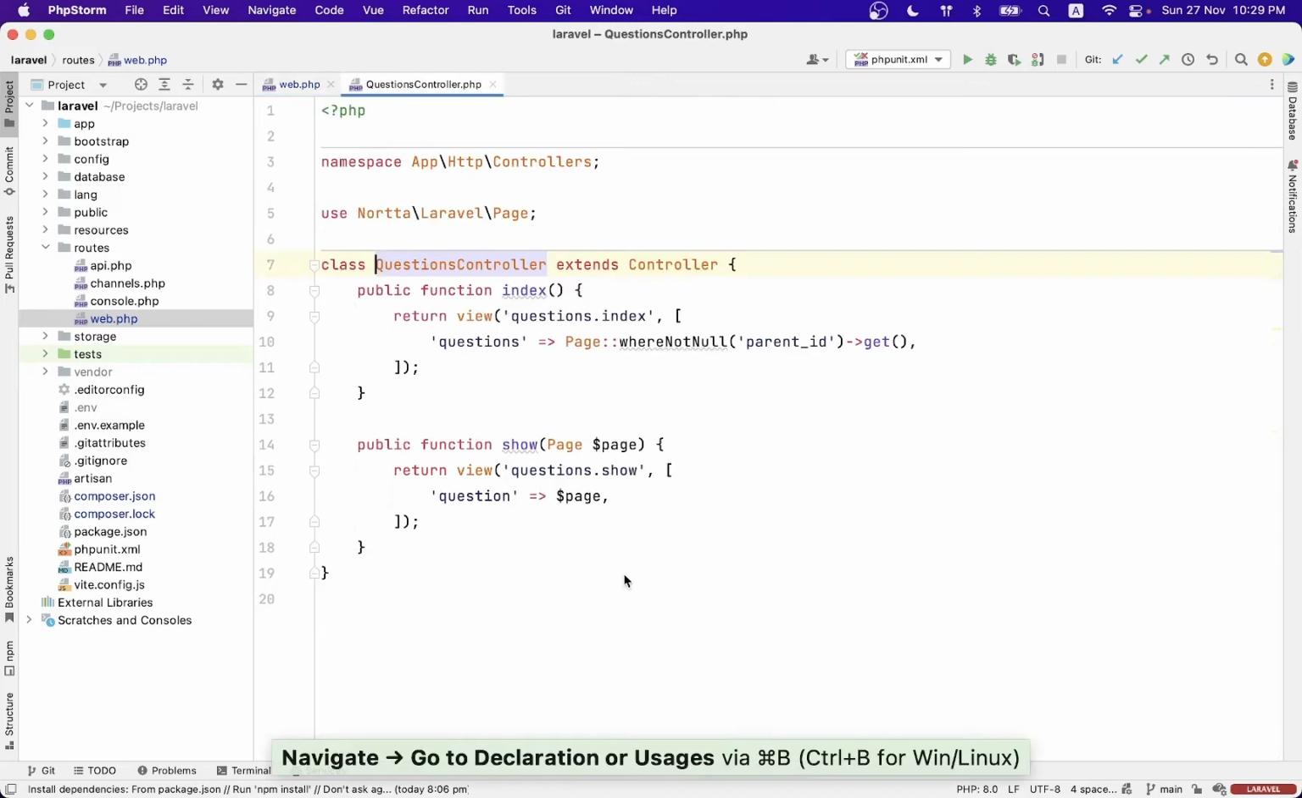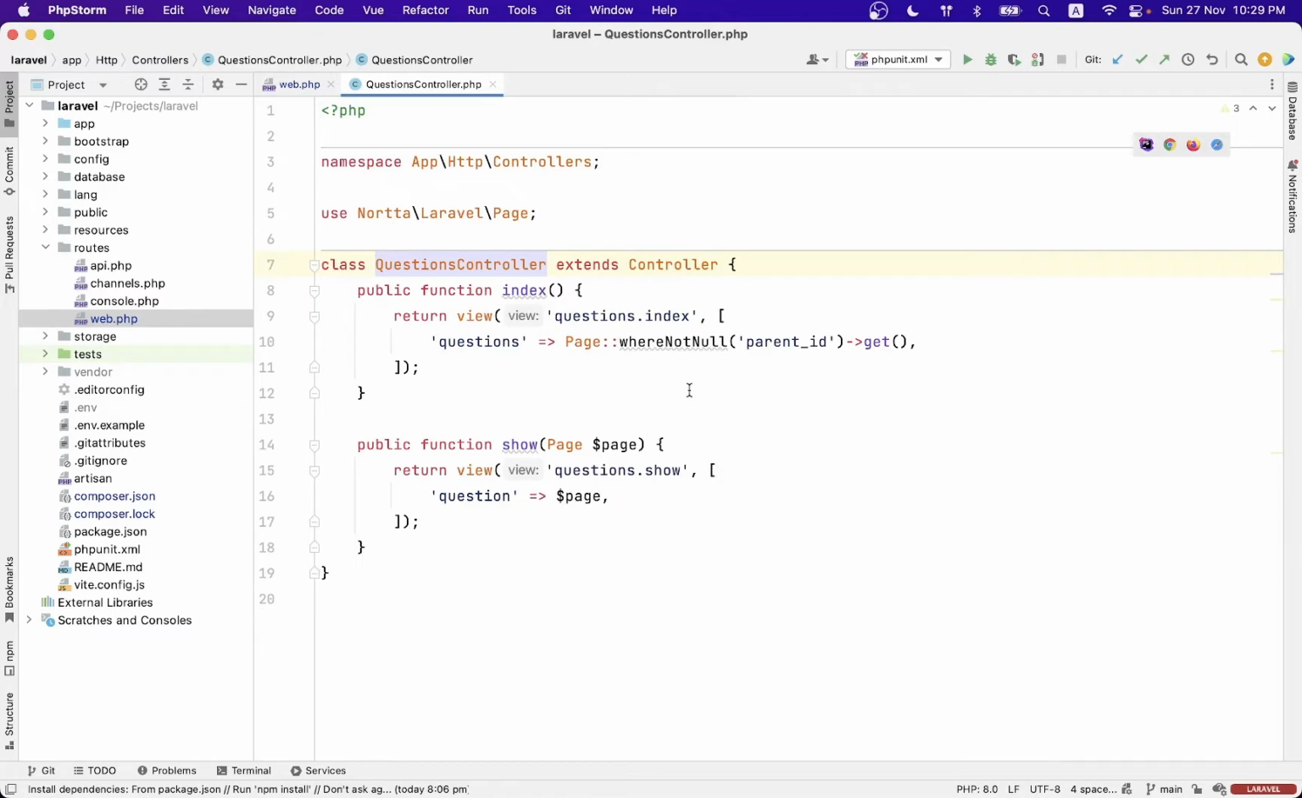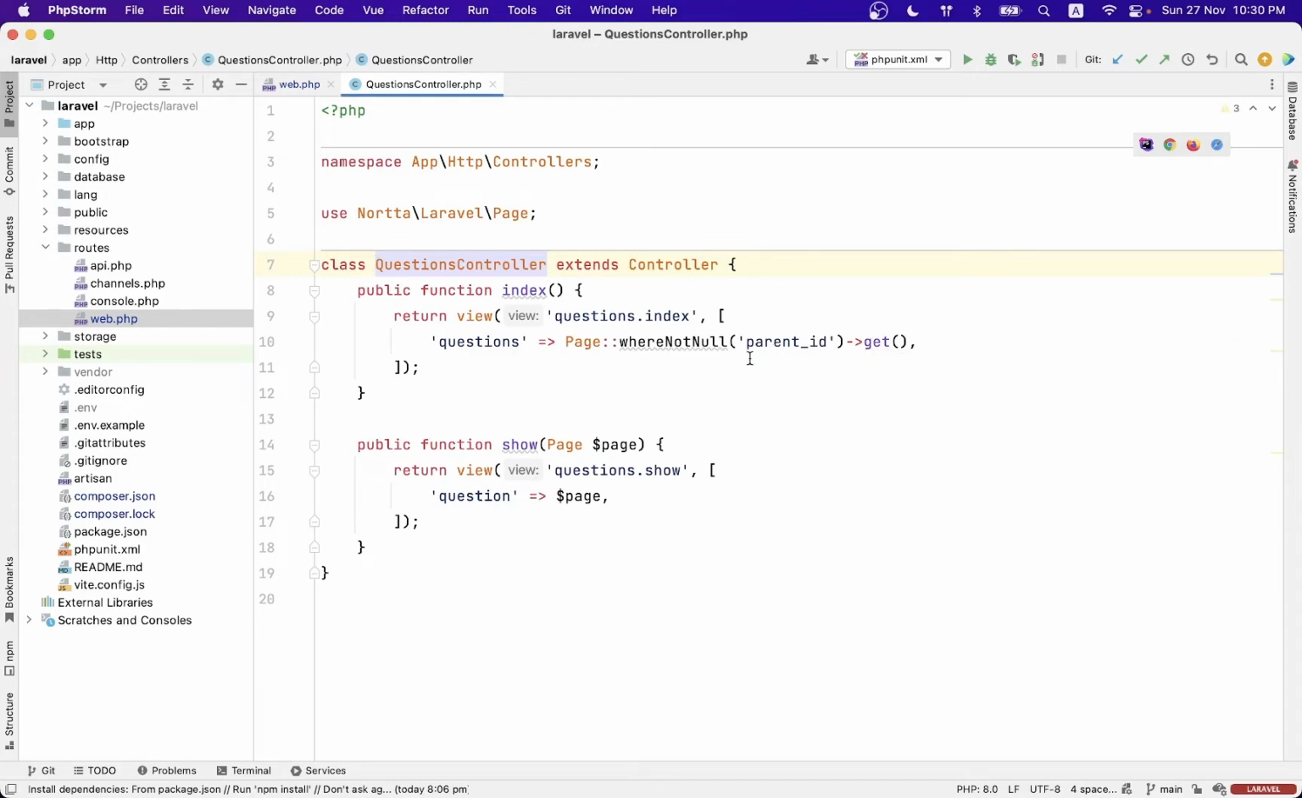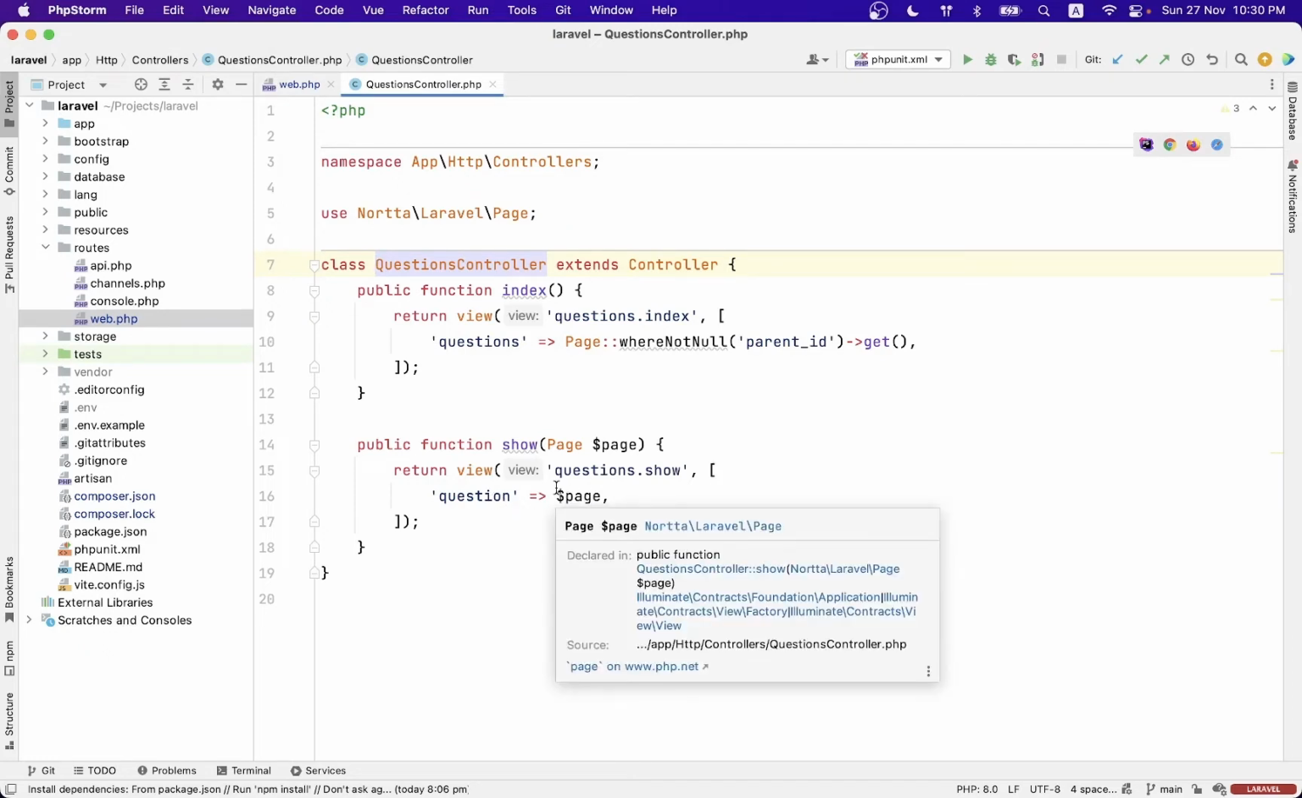I'm going to head over to the controller. You will notice that it's the typical controller that you're used to in your own applications. We're using a Blade template here, questions index, and we're passing it a list of all questions that have a parent. And this is so that we don't take the high level, the root level page, but we take all the pages that are under it. And then we have the show action, which returns the show view